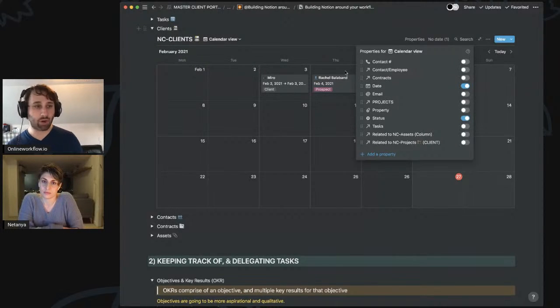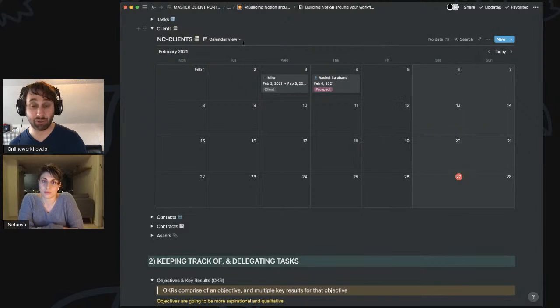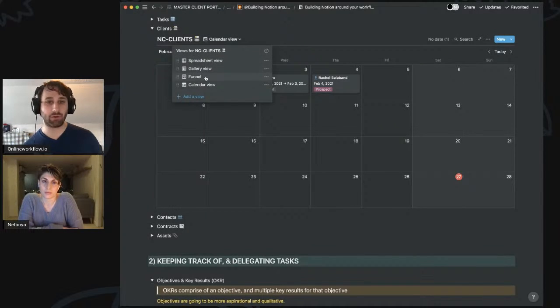Again, whatever you want to do for your project, it's so modular that whatever date is important to you works. Before, I created a due date and a due date. So if you want to filter things by one of those or other than those, we can do that as well. Now, while I'm here, I should also mention that we can have multiple views of one calendar with filters. So I created here, just to show you, a spreadsheet view, a gallery view, a funnel view, which is the Kanban view,